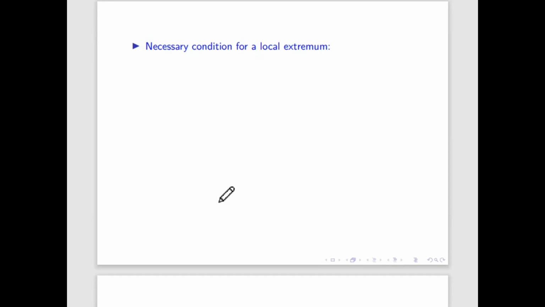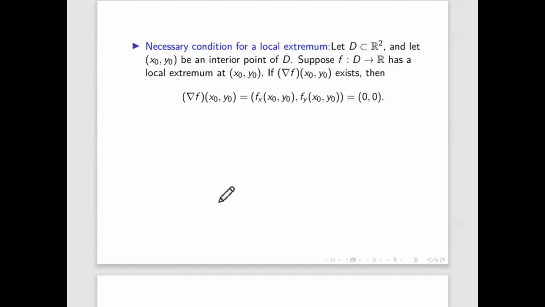We are not saying that it has a minima or maxima. So something similar to that, what will be the condition in multivariable? Here also the derivative is 0, but that derivative is the partial derivative, because if it is two variable, then the partial derivative with respect to x and with respect to y both should be 0. That's why it is written 0, 0. If it is three variable, then the partial derivative with respect to x, y, and z, all three you will put simultaneously 0. You will get a point where maxima or minima can occur.